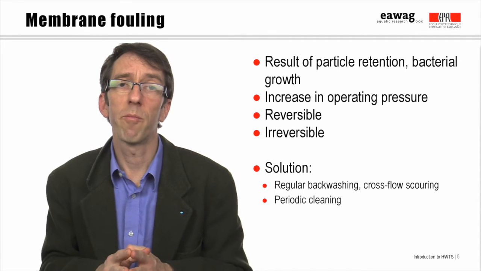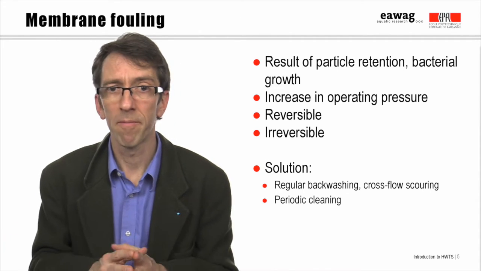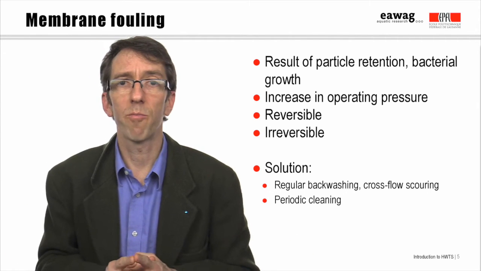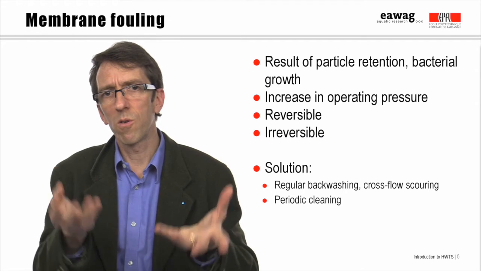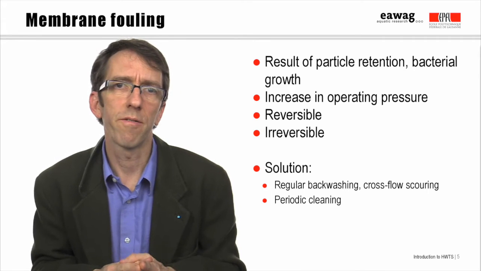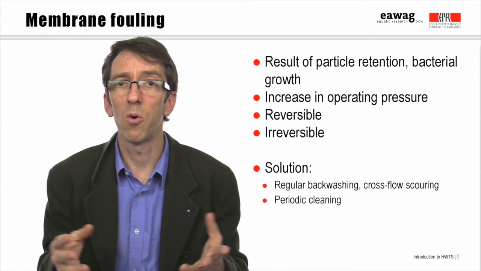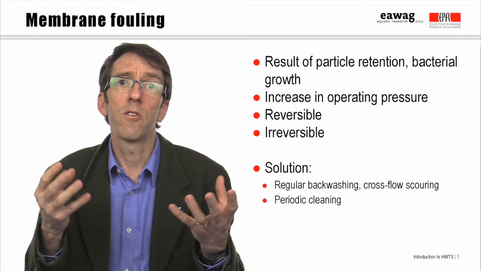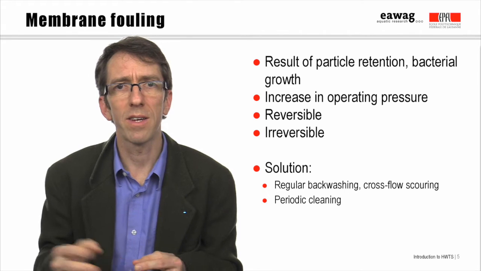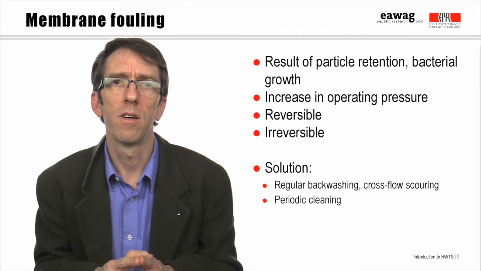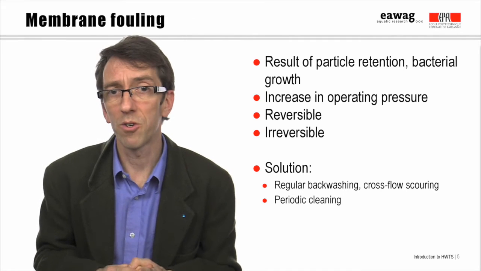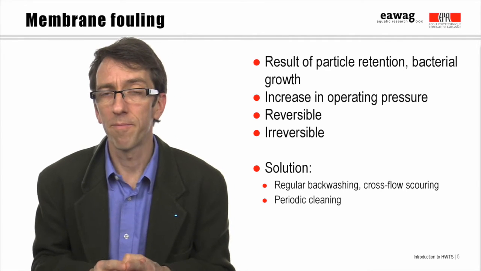Perhaps the greatest challenge of membrane filtration is that of membrane fouling. A clean new membrane will process a lot of water with relatively little pressure, but with time, particles build up on the surface. A layer forms, a cake layer, especially if the membrane's operated in a dead-end mode. And internal to the membrane, particles can lodge in pores, or dissolved compounds can adsorb and restrict pore size. So over time, flux decreases, and you need more pressure to get the same amount of water through the system.